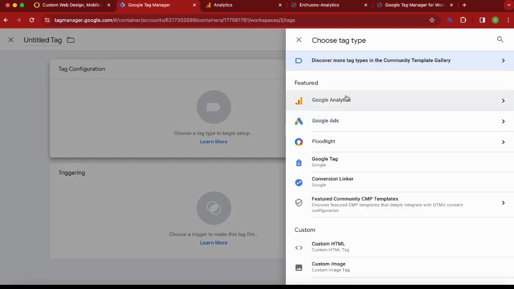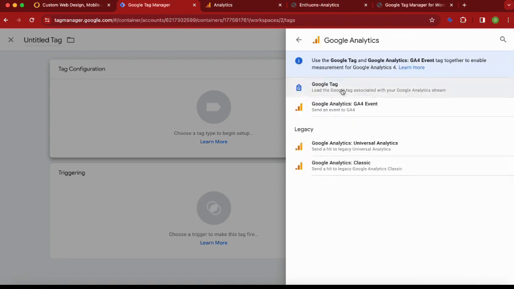Since we are going to connect our GA4 with Google Tag Manager, we are going to choose Google Analytics. If we were connecting our Google Ads with our GTM, we would select Google Ads, and so on. So let's click on Google Analytics, and since this is our first configuration tag, we will click